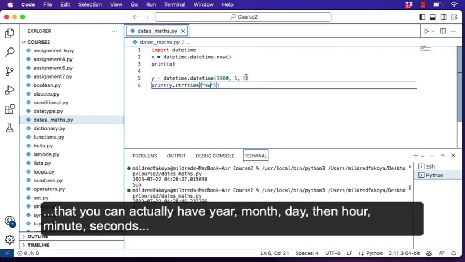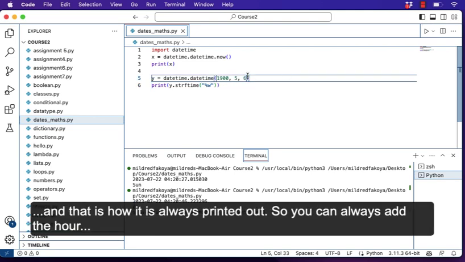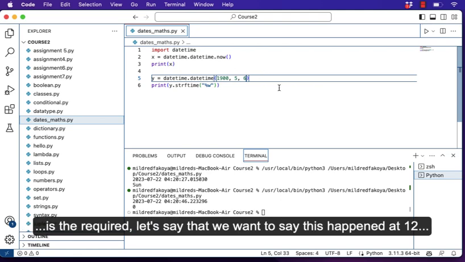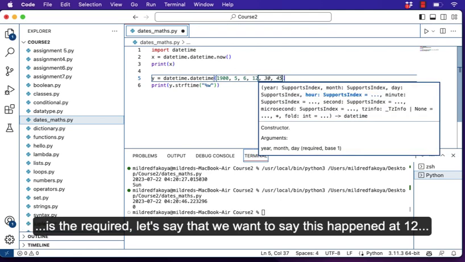Now recall that you can actually have year, month, day, then hour, minute, second, and that's how it's always printed out. So you can always add the hour and the minute and the second for the datetime string. Year, month, day is the required. Let's say we want to say this happens at 12